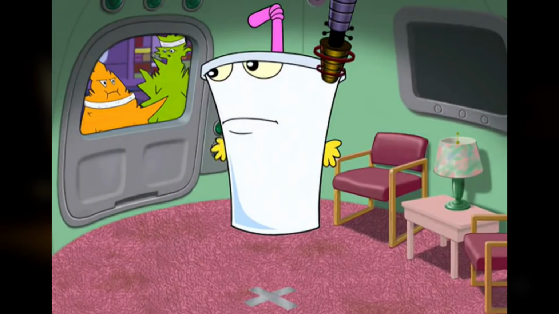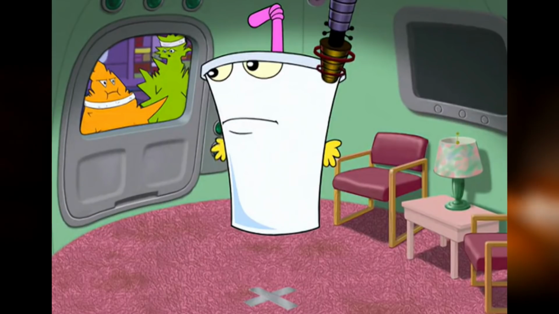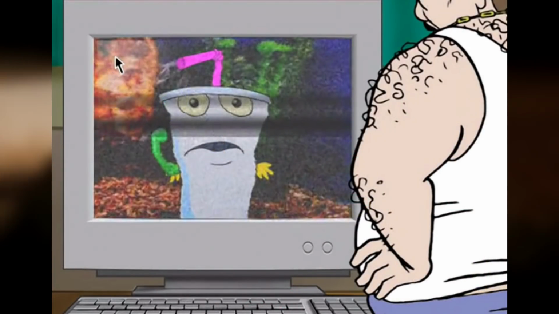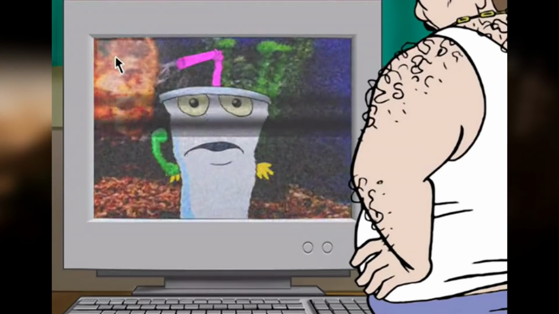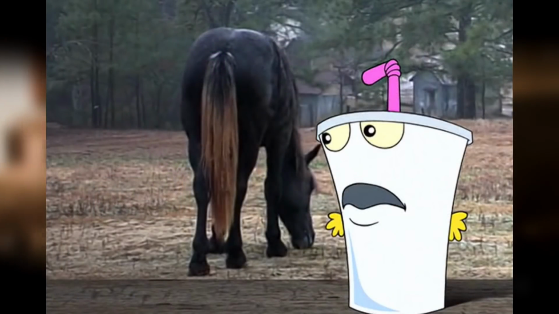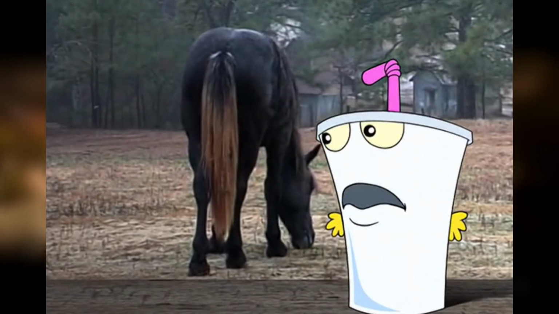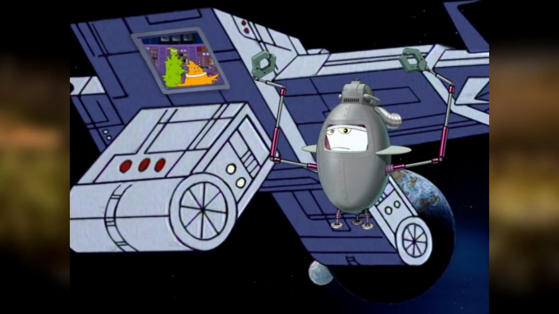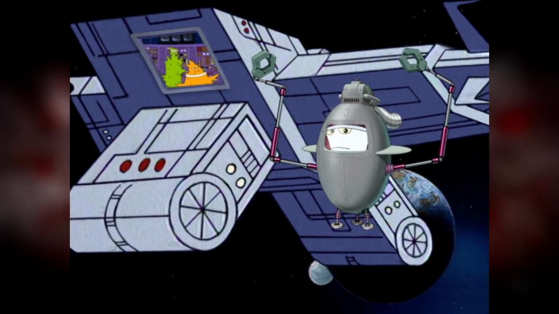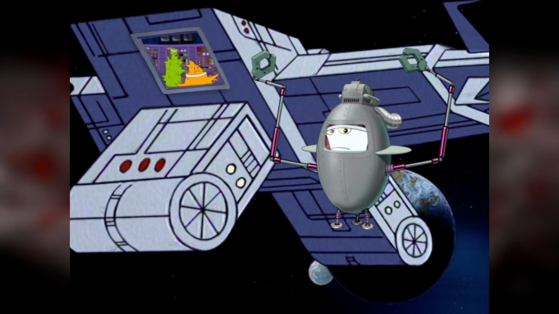But the Plutonians lost the remote that controls the Meltorium, so in an effort to occupy Shake, they shove a few girl magazines through the slot of the door. They then put Shake through a couple of simulators to keep him occupied, one being a pizza underwater simulator and the other one being a horse anus simulator. After a few minutes, Shake comes out of the Meltorium explaining that the horse anus video was amazing, and the Plutonians are stunned in horror. The Plutonians then trick Shake into finding a $100 bill out in space, so he gets into some escape pod, goes out and looks for the money, but then the Plutonians fly away.